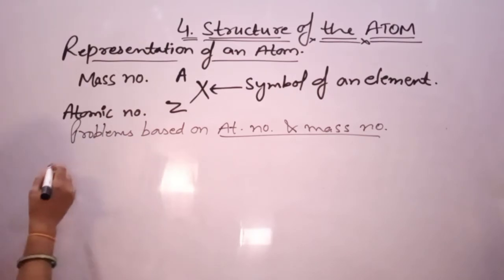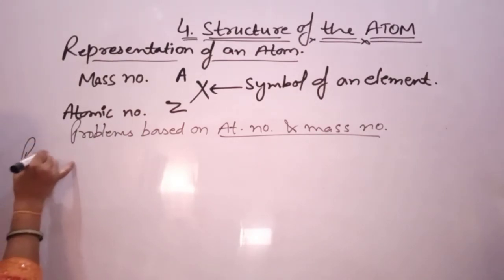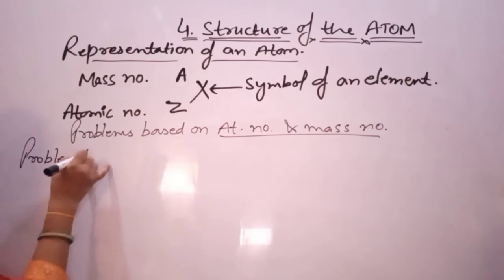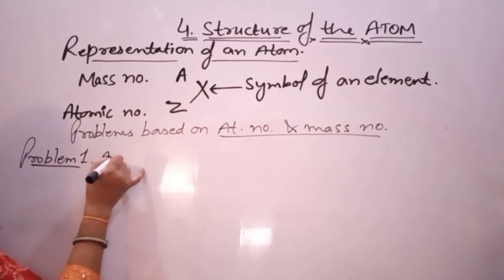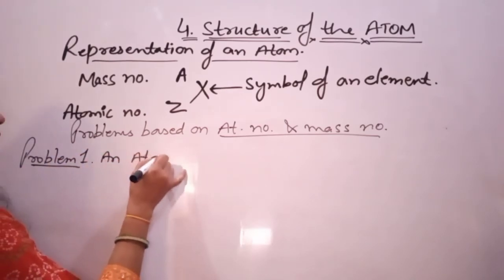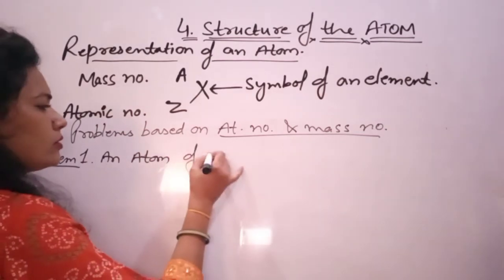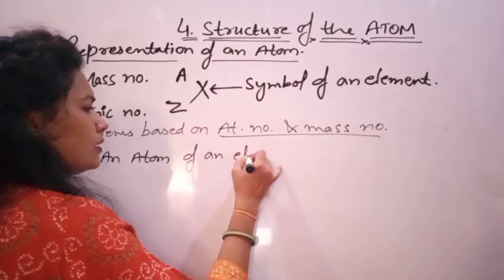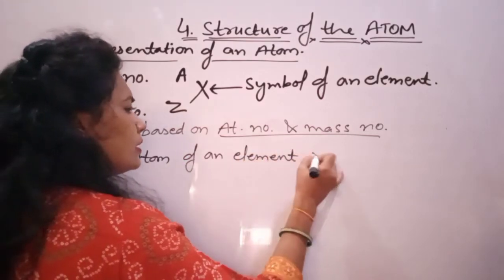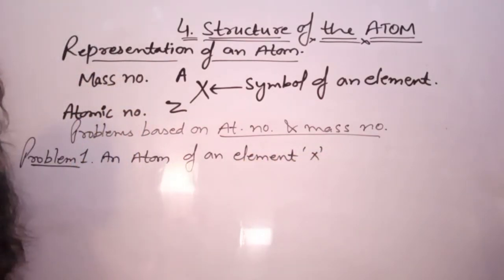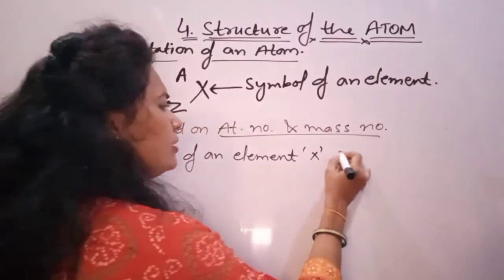You can write the problem first. An atom of an element X contains 29